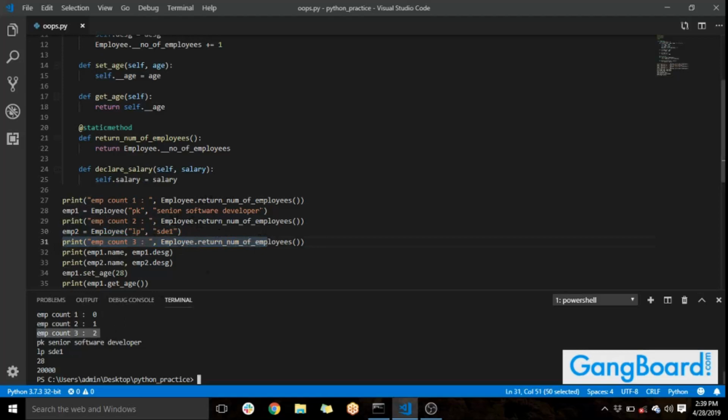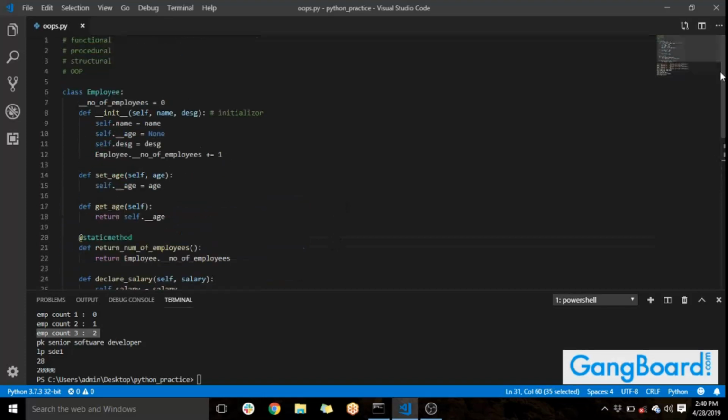So when no employee is being declared, we have got the employee count as 0. When one employee is declared, we have got the employee count as 1, and when the second employee is declared, we are getting the employee count as 2. This is how we basically deal with the